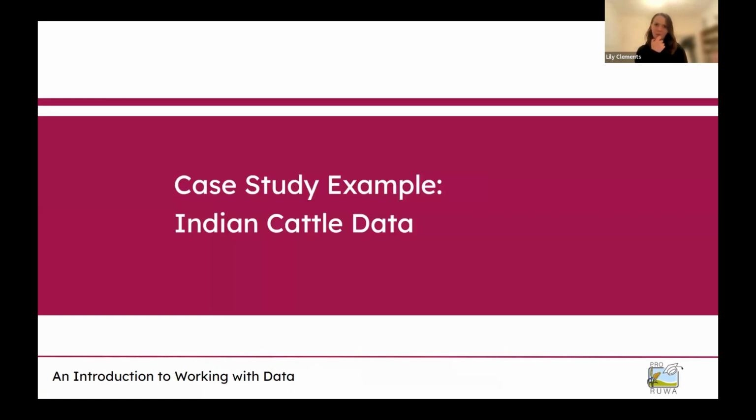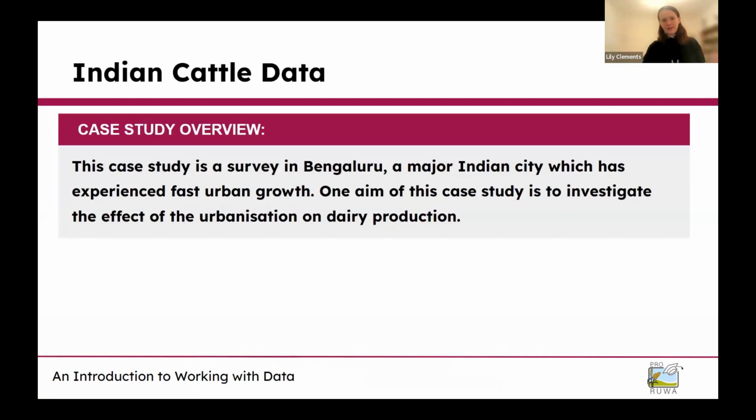In this topic, we're going to discuss accounting for variability. And for this, we're going to use the Indian cattle data again, and we're going to look into a similar example to what we've been looking at in our other two parts on variability, in this series of the last few topics. But as said, back in topic 1 is more information on this case study, alongside the data and a paper on it,